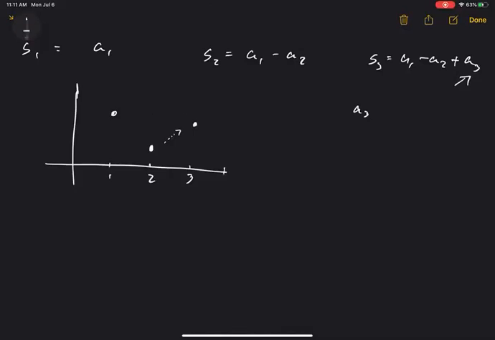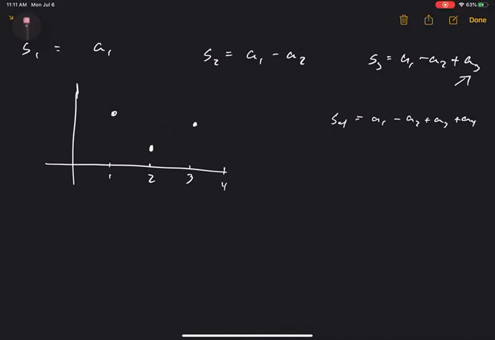And then for S4, I would subtract away a4. But again, because these terms are decreasing, I'm not going to get all the way back to